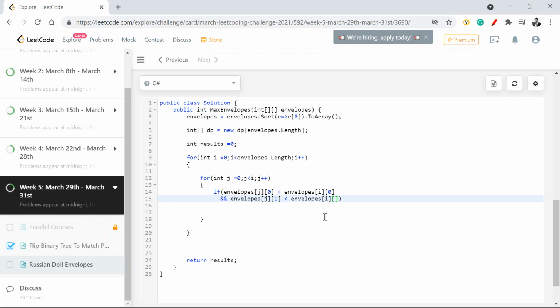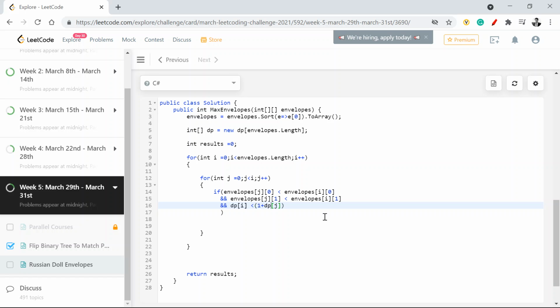And the last step is to see whether my current dp value is less than my previous dp value plus 1. So my dp of j, which is my current value, is less than 1 plus dp of j.